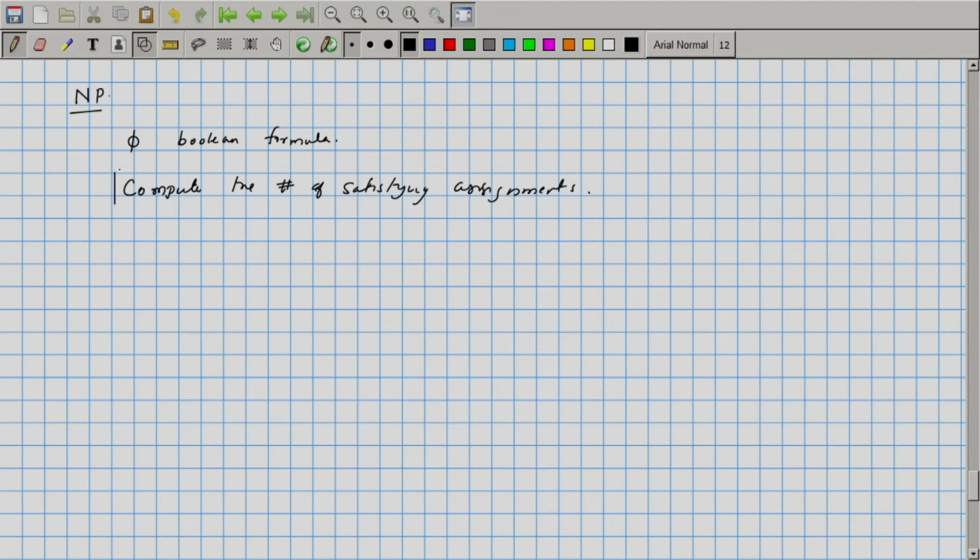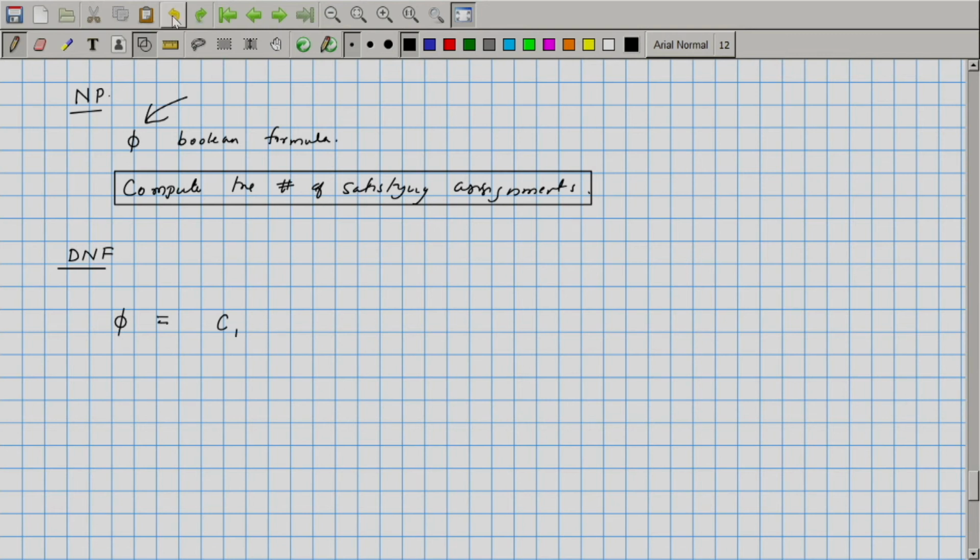So, one should expect that this is going to be difficult, but what about suitable restrictions? If we restrict these Boolean formulas to a certain kind of formulas. The kind we are interested in is what is called disjunctive normal form. Okay, so let us describe what is disjunctive normal form. Our formula phi is of the form C1 or C2 or C3 or ... Ck,